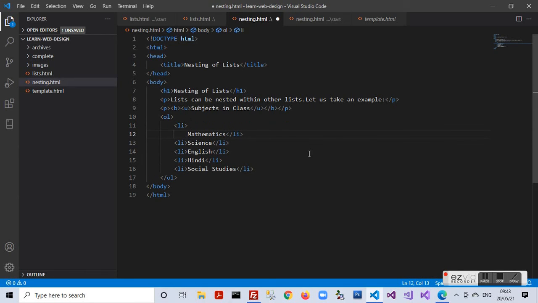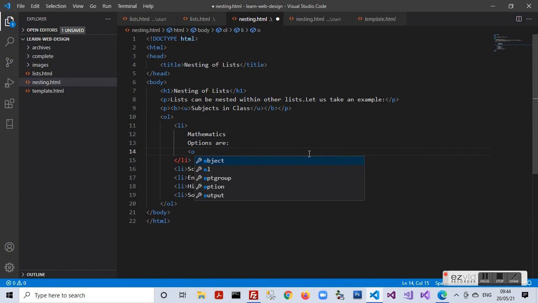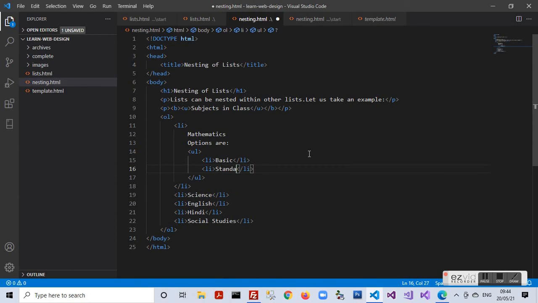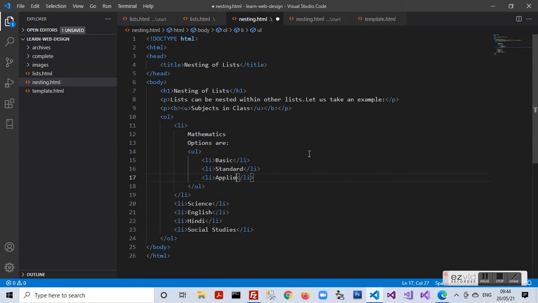Within the list element mathematics, I need to enter some more content. I say options are, and I enclose an unordered list within this list element. I start with UL. I say the first list element is basic, next is standard, and the third one is applied.